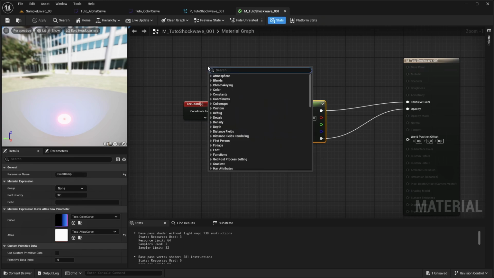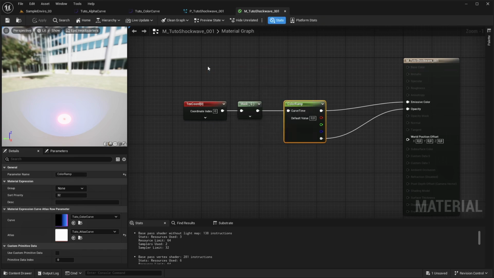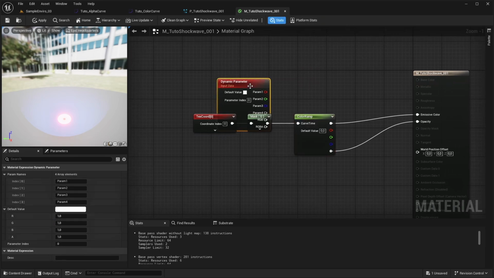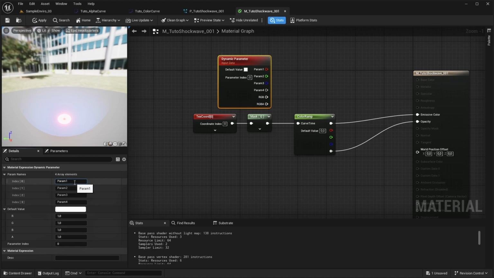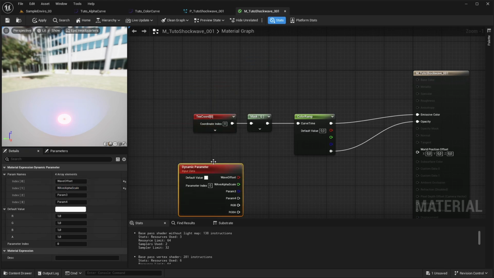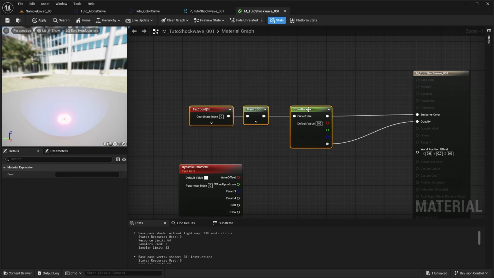To solve that, we will use a dynamic parameter, this one. In the first slot, we'll create a parameter called wave offset. In the second one, a wave alpha scale up, just like that. So we have to connect those two parameters to the UV channel and to the alpha channel.